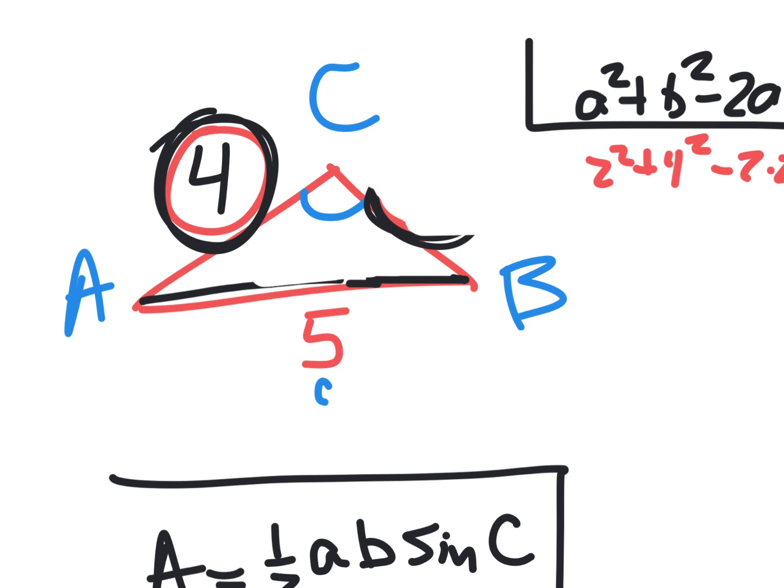Once you figure out from the area what the other side is, then you've got all the sides and you can use the law of cosines from there. So all I'm trying to say is I kept pounding that I've got to tell you three things, but I don't necessarily have to tell you outright, here are the three sides. I can give you a way to find the other side. Okay, so for example,